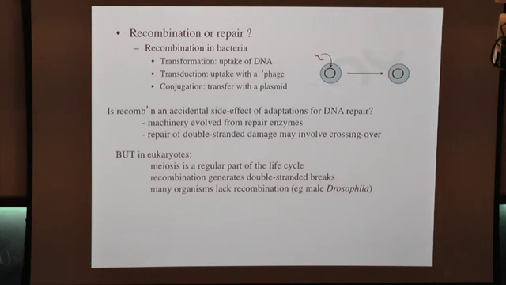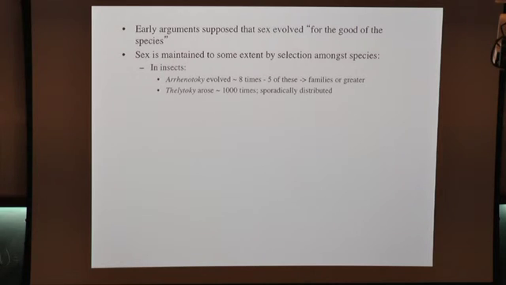So recombination certainly isn't necessary for repair, and it seems the whole business of eukaryotic meiotic cells is an adaptation in which double-stranded breaks are made in order to produce recombinant chromosomes. So what I'm going to focus on for the rest of the time, how am I doing, 24 minutes? Okay. What I'm going to focus on is explaining eukaryotic regular sex, which is not to say the rest isn't interesting, or that the origin of the whole business isn't interesting, but it's just less attractive.